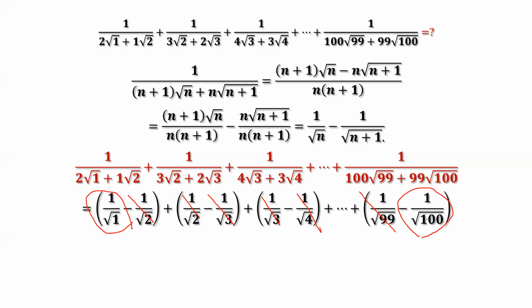Square root of 100 is 10. So this equals 1 minus 1 over square root of 100 equals 1 minus 1 over 10, which is 9 over 10. This is the final